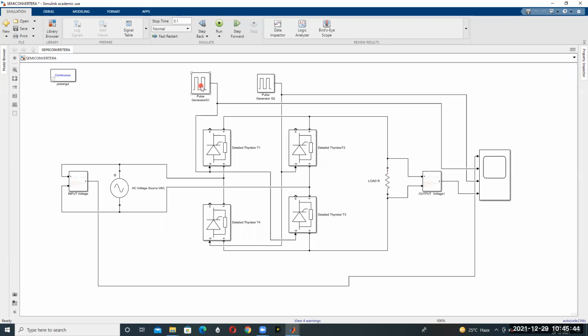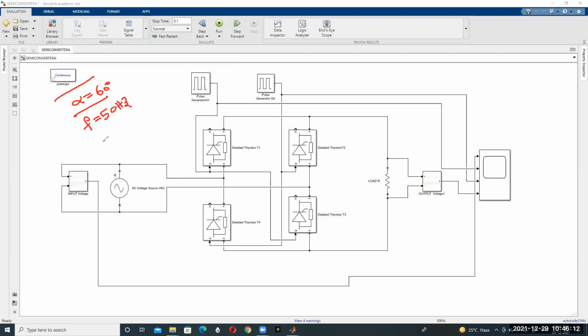So in this single pulse generator, for example, the firing angle of the pulse is 60 degrees. For example, alpha is equal to 60 degrees. This is called the firing angle. Our firing angle alpha is equal to 60 degrees. For 60 degrees, how do we give the triggering pulse? We know the frequency is equal to 50 Hz.